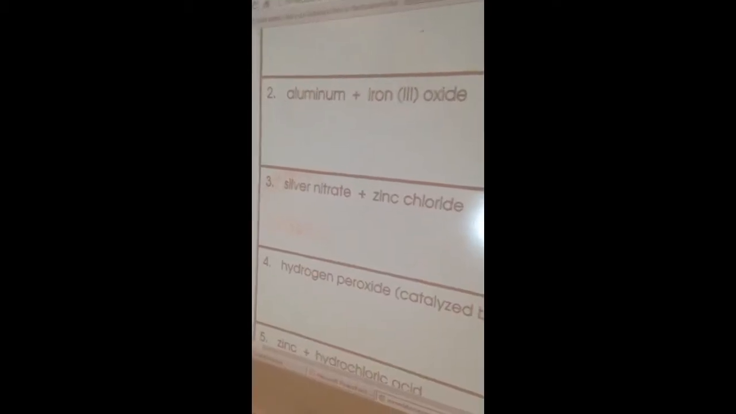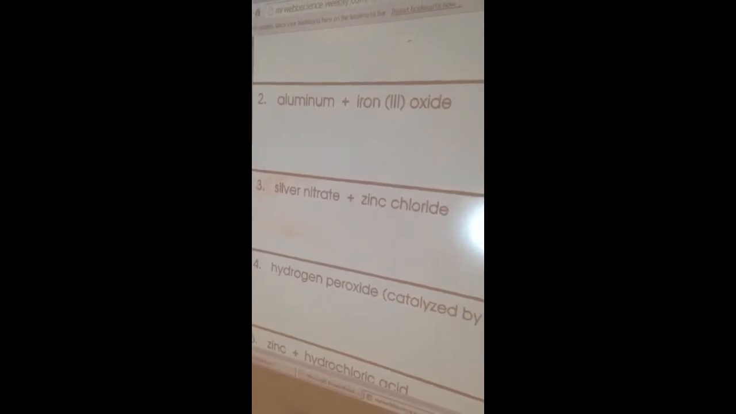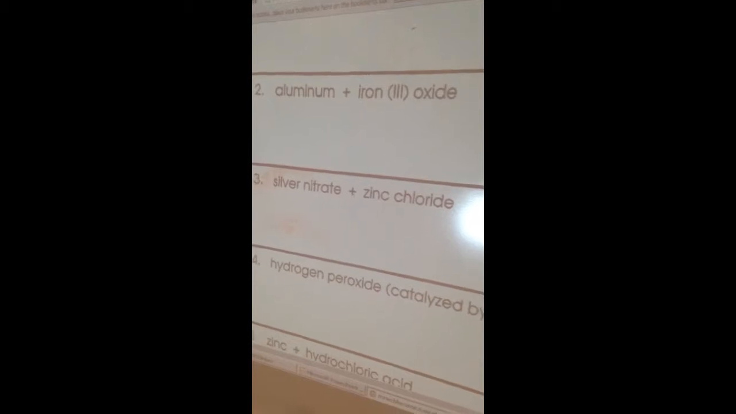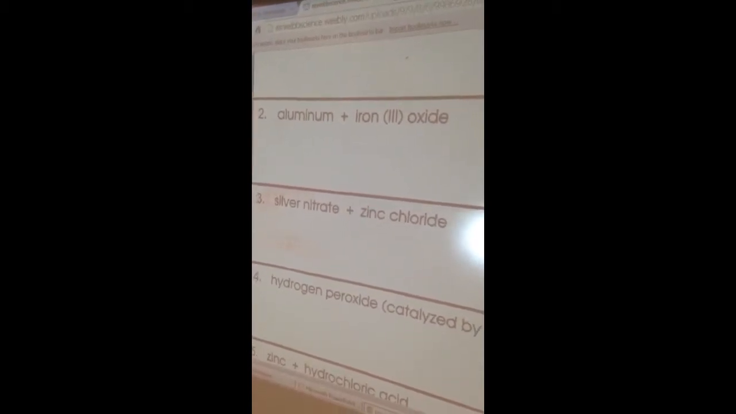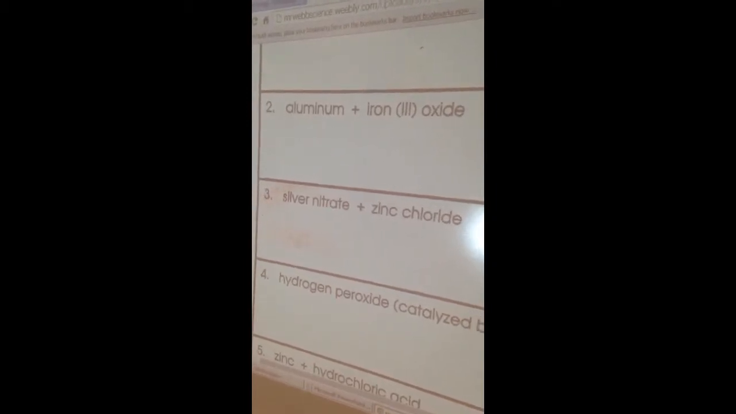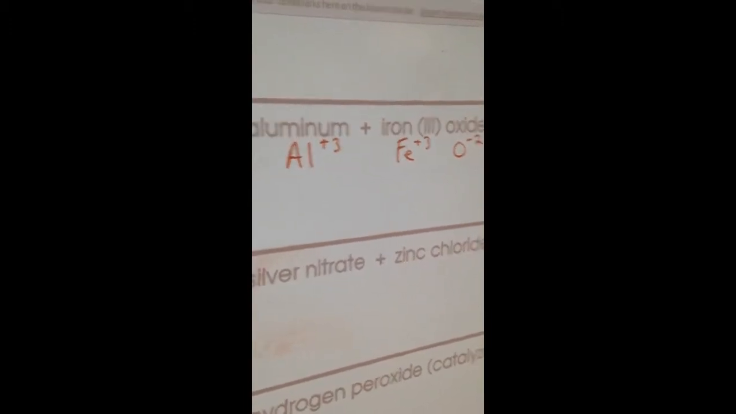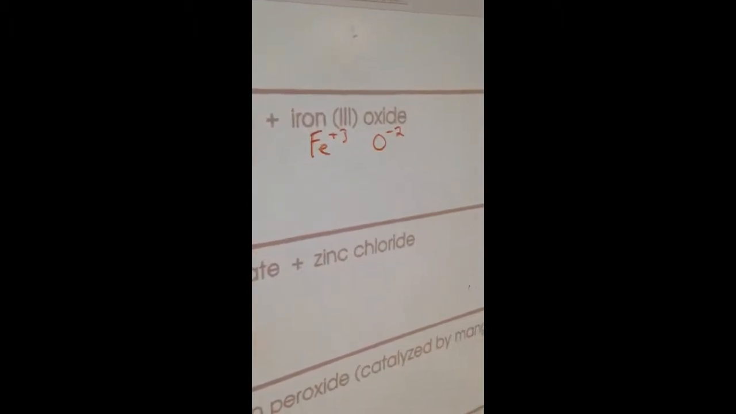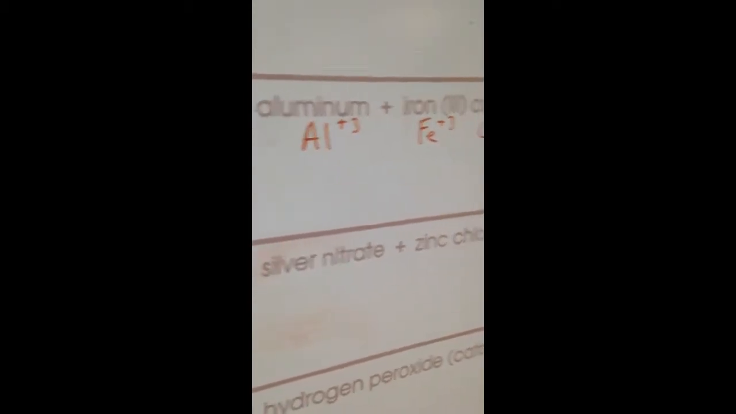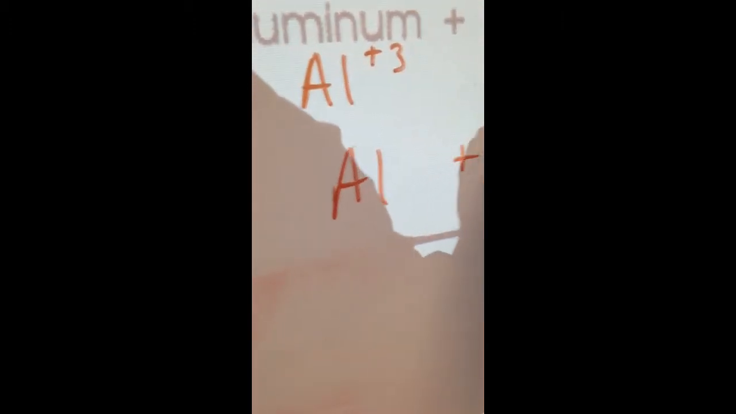Okay, for the last page, we're going to do questions 2 and 3 for examples. So first thing we want to do is identify the type. We have aluminum and then iron 3 oxide. First thing I would do is establish the ions and then make sure we got our proper compound combinations. Okay, so we have aluminum with a +3 charge, iron with a +3 charge, and oxygen with a -2 charge. We have to make sure we do our proper crisscross. So we're going to have aluminum plus